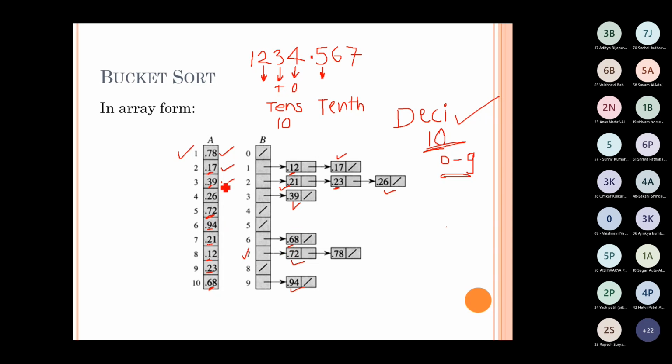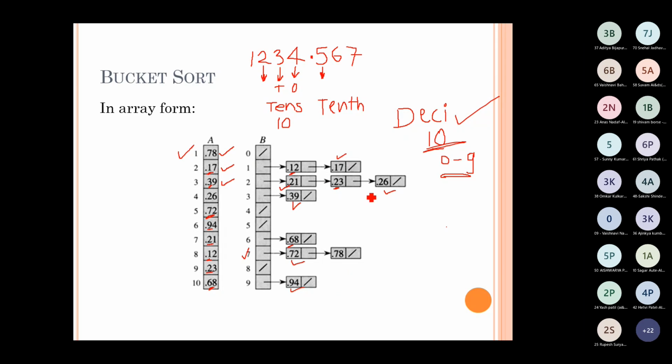So all the numbers are placed. How many numbers are there? 10 numbers. This is just the coincidence that हमारे number का count 10 है और हमारा number system का base भी 10 है. That is just the coincidence. यहाँ पर आपके पास 20 नंबर्स भी हो सकते हैं, कितने भी नंबर्स हो सकते हैं, 1000 numbers you are having and your bucket may have hundreds and 500 like that numbers in it. Okay, so 10 numbers we will be having, 10 buckets we have taken because the decimal number system हमारा input decimal number type का है इसलिए, and we have placed all these numbers in these buckets.